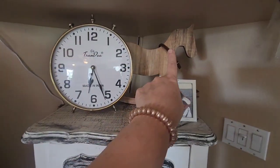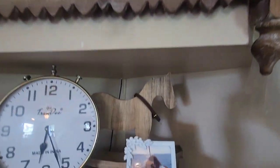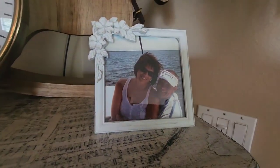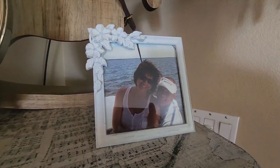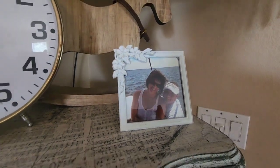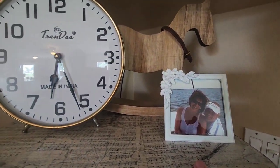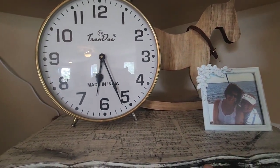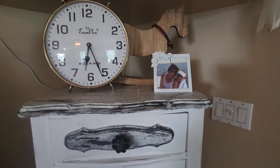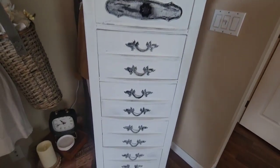Here's another thrifted. Obviously, I have a thing for rocking horses. So there's my hubby and I on a fishing trip that actually we were scalloping off of Keaton Beach. So one of my patients and friends took us, and we had such a good time. I definitely think my clock is off. It is. That's okay though. I really don't like hearing it tick at night. So there's my little